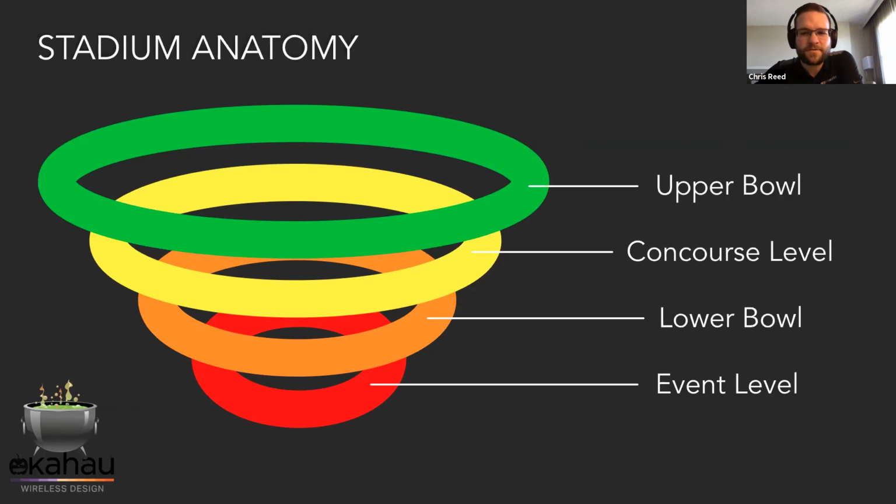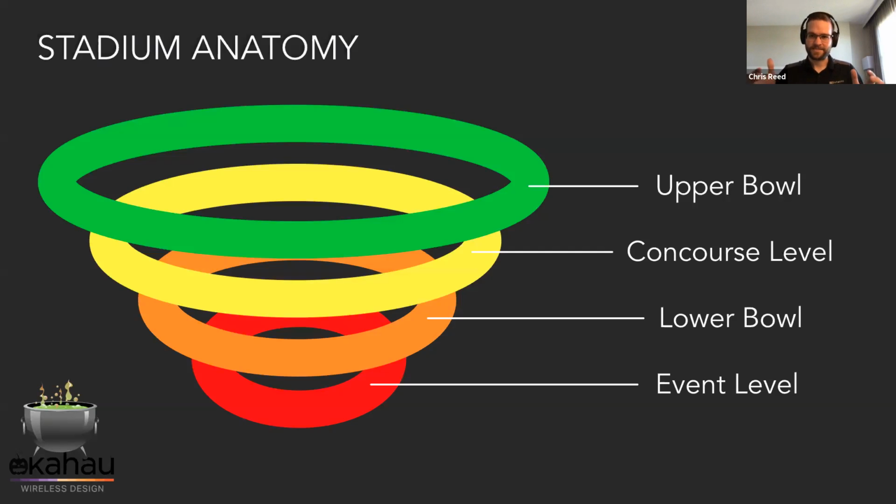Yeah, absolutely. So a couple of things to consider within stadiums and arenas is that it's not just the bowl that you're trying to service. There are the concourse areas, the suite areas. There's indoor carpeted enterprise spaces for the business. There's education spaces if the team has practice and training facilities there as well. So there's a lot that you have to look at and treat a little bit separately.